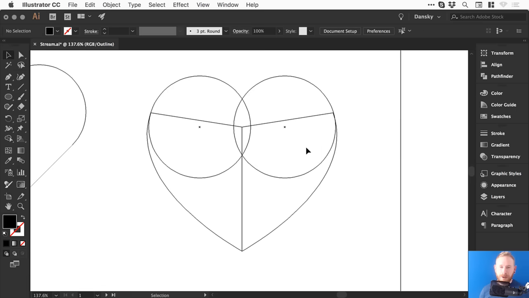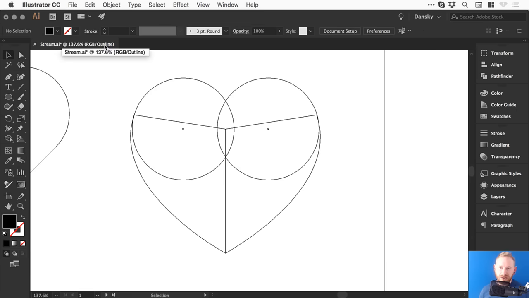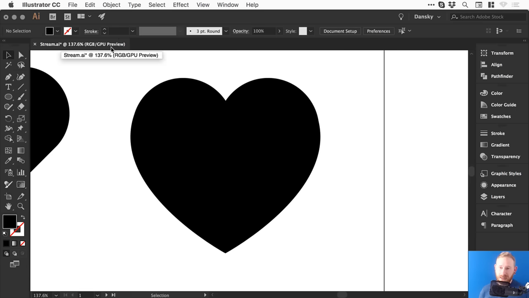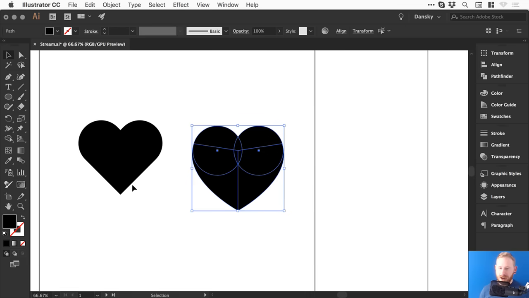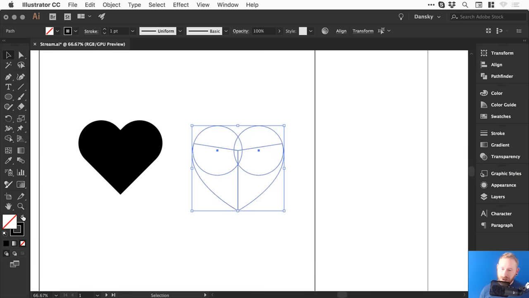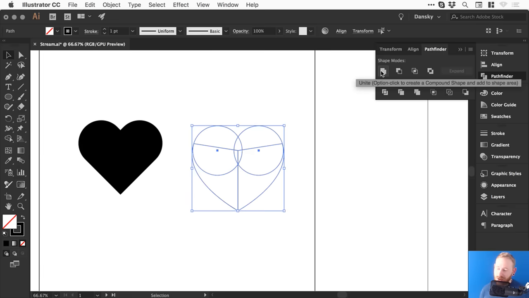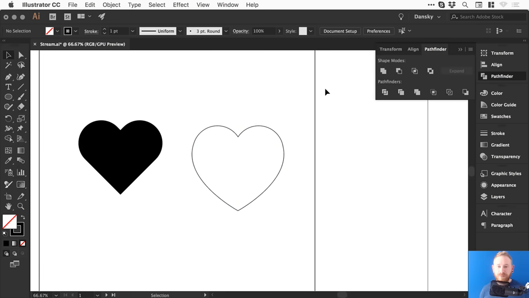What we can do now is, we're still in outline mode as you can see here. What we can do is press Command or Control Y, we can switch back out of outline mode, and we can see that we have our heart. And we can drag over this, and you can give this a fill, you can give it a stroke. Oh, but if you try and give it a stroke, at the moment it's made up of tons of different shapes. So again, we can drag over everything, and from the Pathfinder panel, select the top left option, and voila,